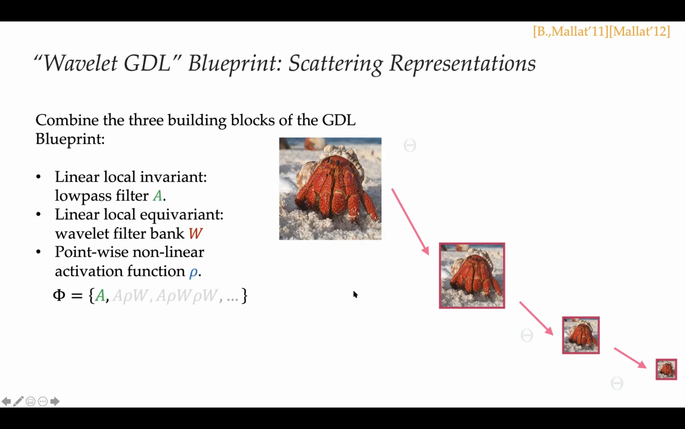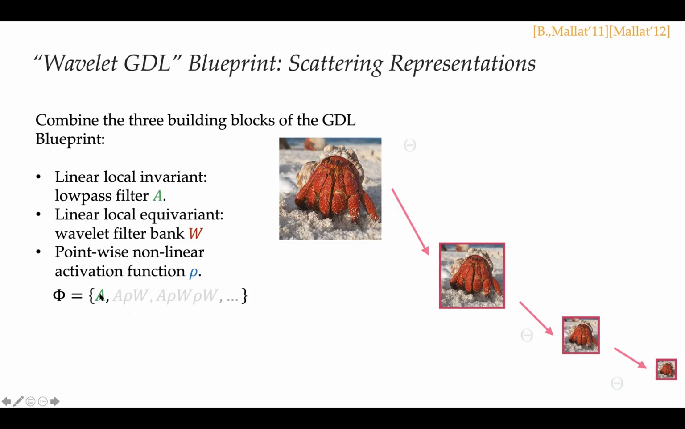The first thing that we can do is to start with the simplest of these ingredients, which is the linear low-pass filter. If I take the image, I can apply this low-pass filter. I can do it at different scales, and I can end up with this object here. That's this coordinate here. Of course, as we know, this representation is not ideal, because this operation loses a lot of information. All the high frequency, all the details of the image are lost. So how can we recover